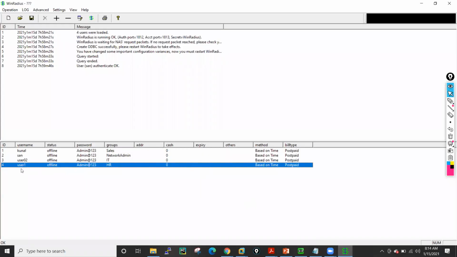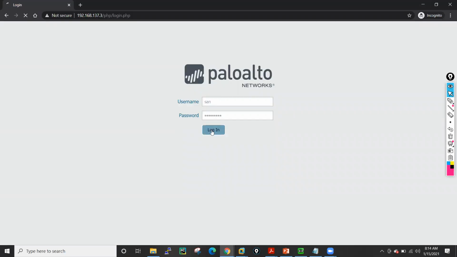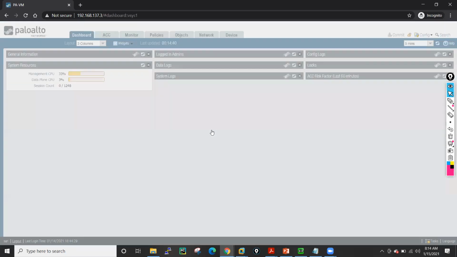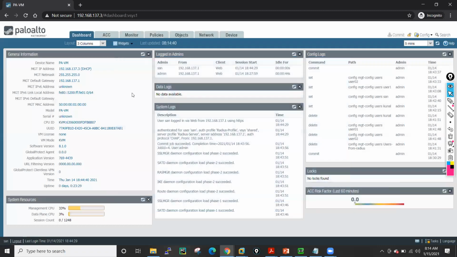This is the password, right? Click on login. So my login is working, and I am able to log into the firewall with the SAN user.